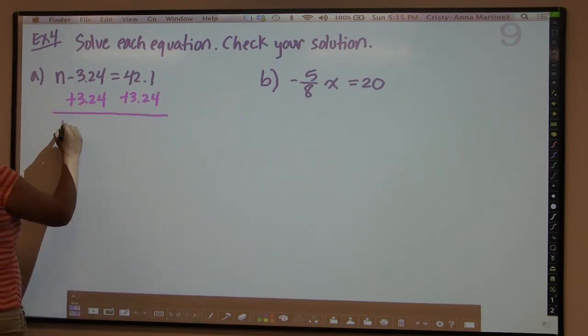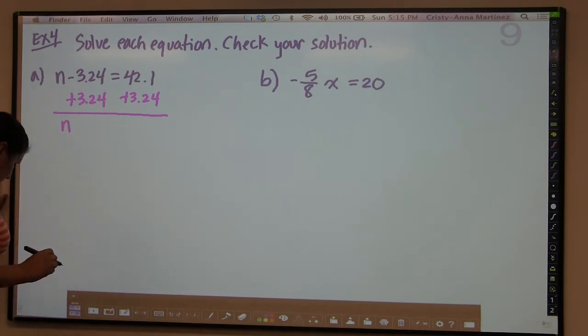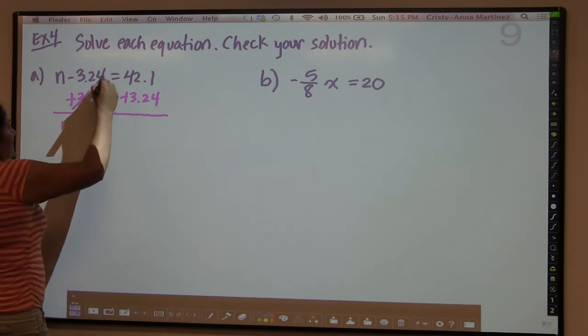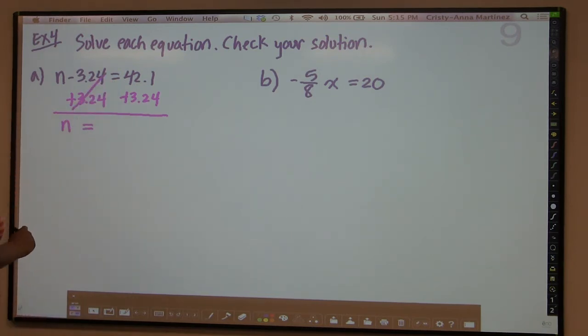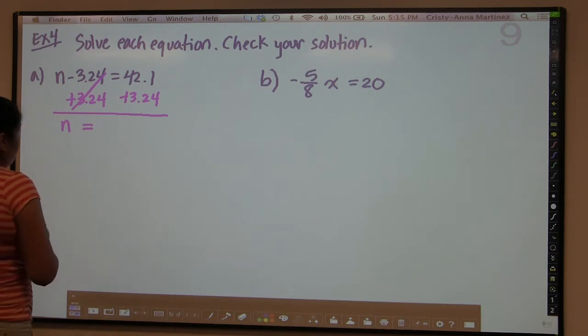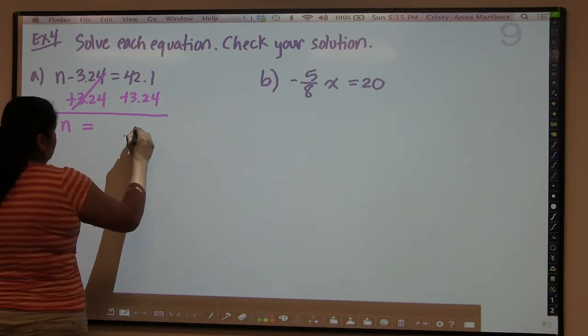So we get the n, because negative 3.24 plus 3.24 is 0, they basically cancel. And then we get 42.1 plus 3.24 will be